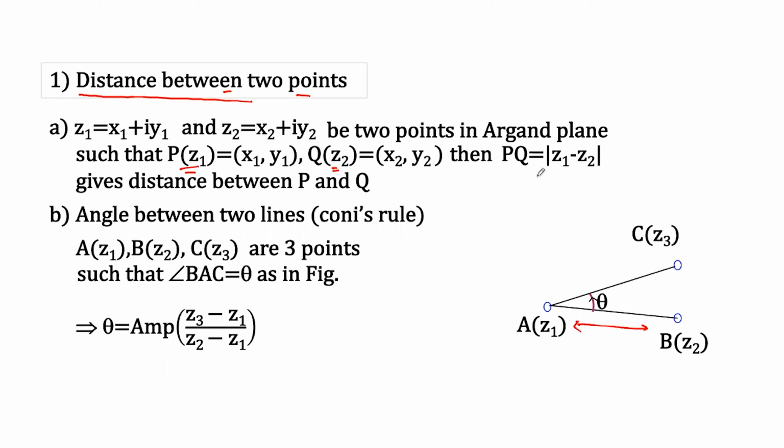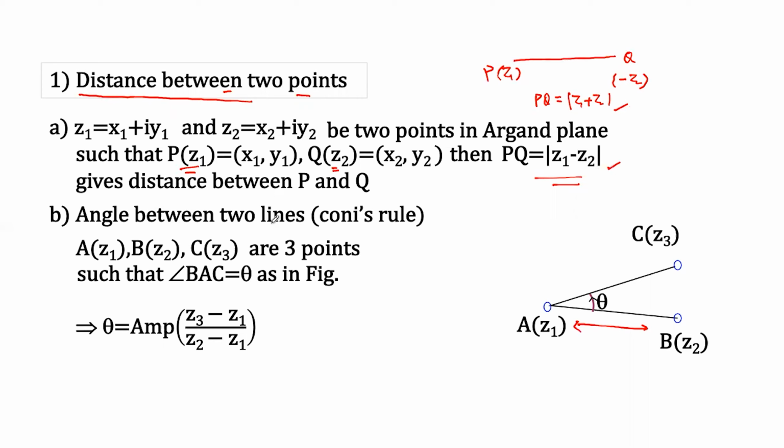So the distance between them is mod of Z1 minus Z2. This is the distance formula. If P is Z1 and Q is minus Z2, then the distance between P and Q will be mod of Z1 plus Z2, right? Minus of minus will be plus. So remember, if you are finding the distance between A and B, it will be mod of Z1 minus Z2,